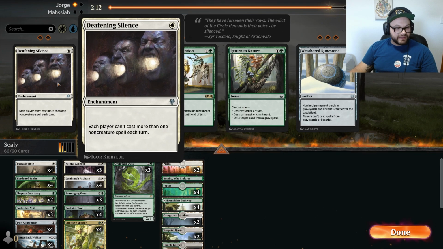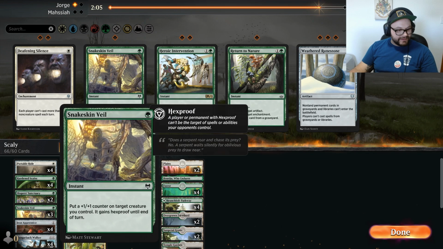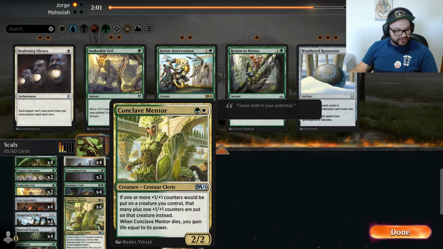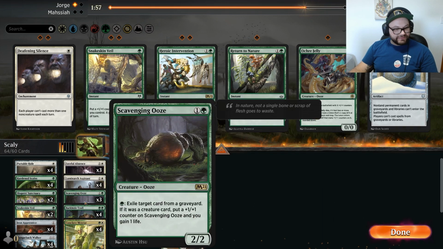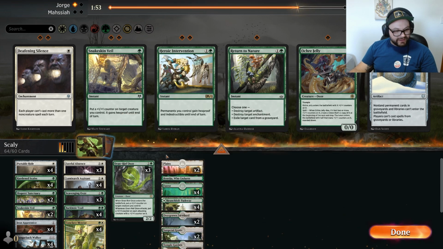Do I want to bring in anything else? Deafening Silence. It doesn't feel that great here. So I think I take out 1 Snakeskin Veil. I take out an Ochre Jelly. I take out... I can't believe in that whole game I didn't see any of my counters. That's weird. I'm going to take out probably 1...